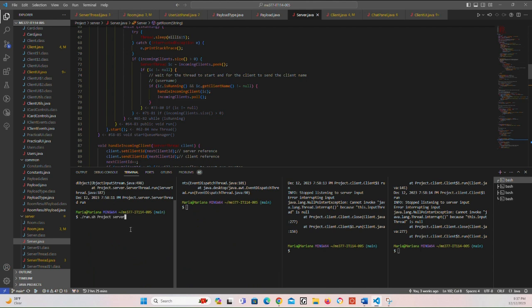Alright, so before I do anything, I have to actually go ahead and compile my project. And then I have to run it with the run.sh files that the professor gave us. And now you can see that the server is listening on port 3000, and you can see here the server is listening. And this is basically, it starts off the server.start method, which initializes a server socket and listens for